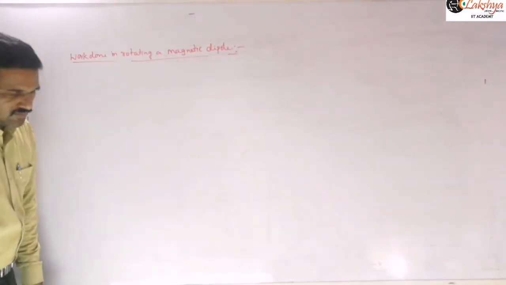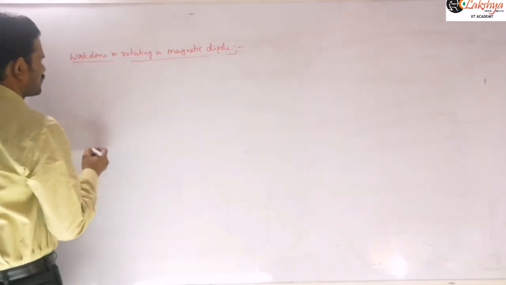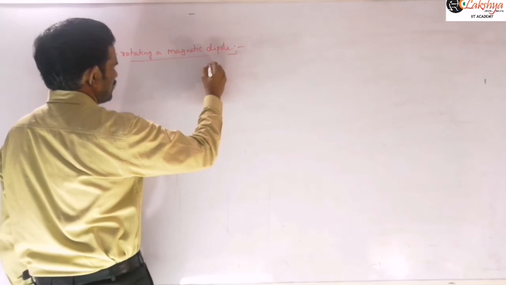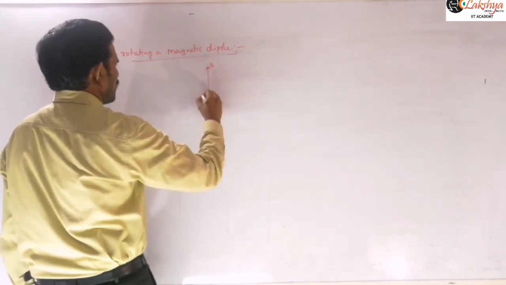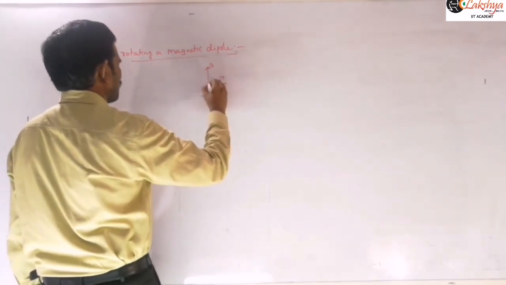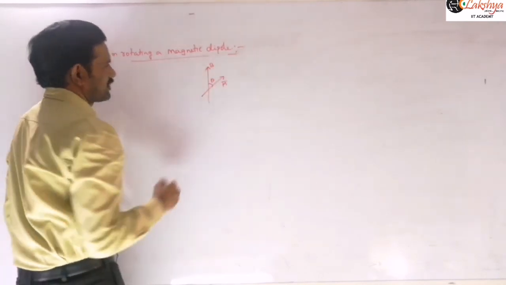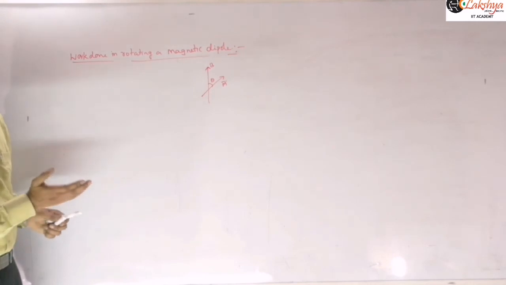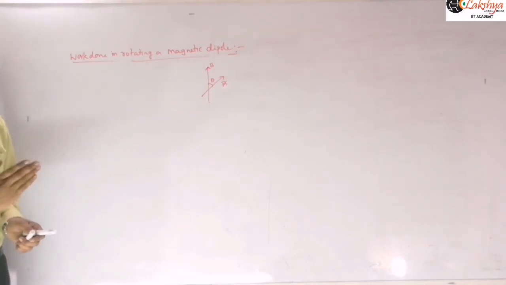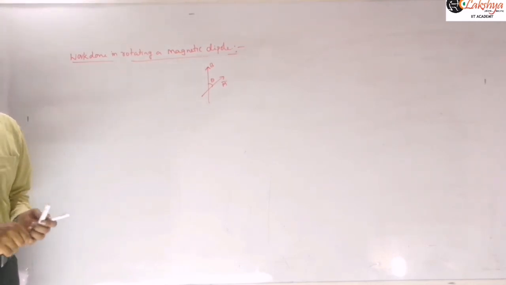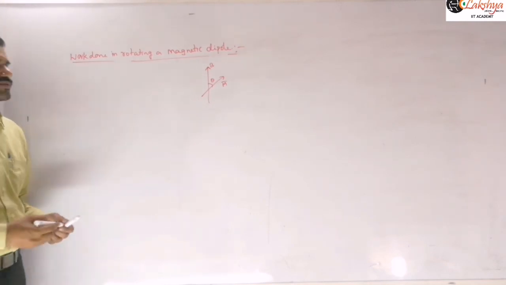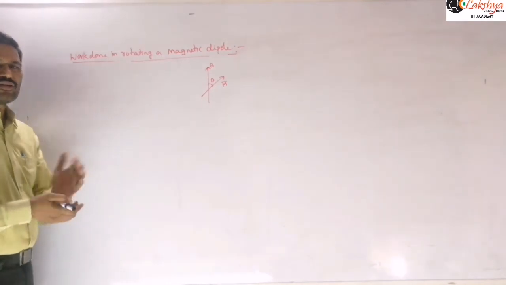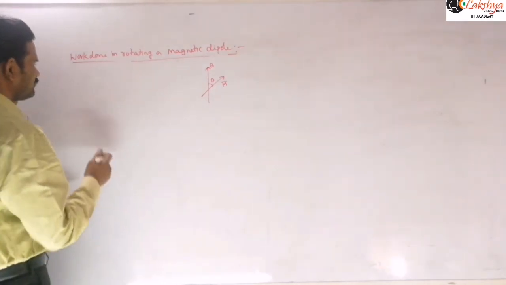Now in this, for a magnetic dipole, work done means we know the work done. Suppose this magnetic field is there along this direction here, B bar, and now this M bar is like this. M bar means our magnetic moment. It is making a certain angle theta there. Now suppose it is turned through a small angle, let us consider here first, and so you can write the work done expression there, right? And since it is rotating there, we need to write the work done in rotational mechanics formula there.